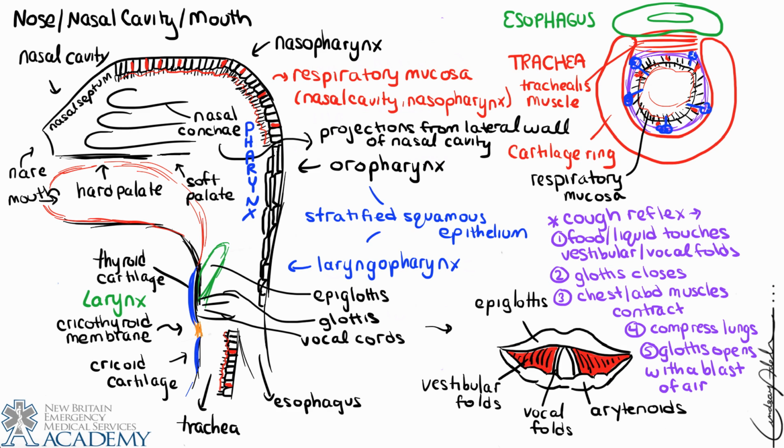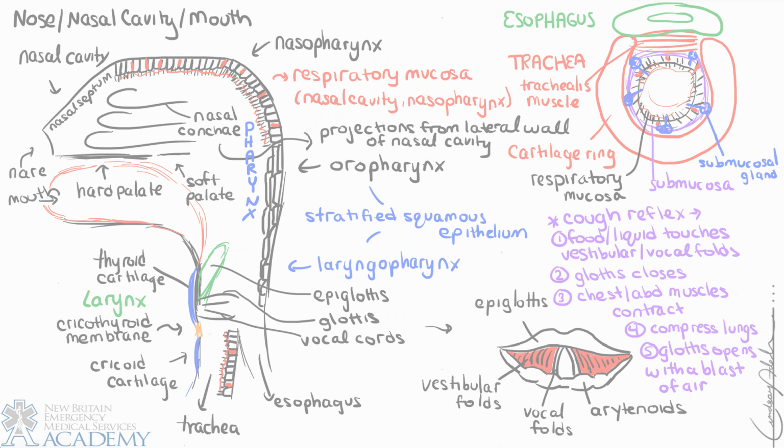We can see the cartilage ring, and then inside we have respiratory mucosa, the same structure that we had before with our epithelial cells and our goblet cells and the production of mucus. And then we also have another layer called submucosa that's deeper than the mucosa, and it contains submucosal glands. And I mention that because airway secretions can come from both the mucus from the goblet cells and also